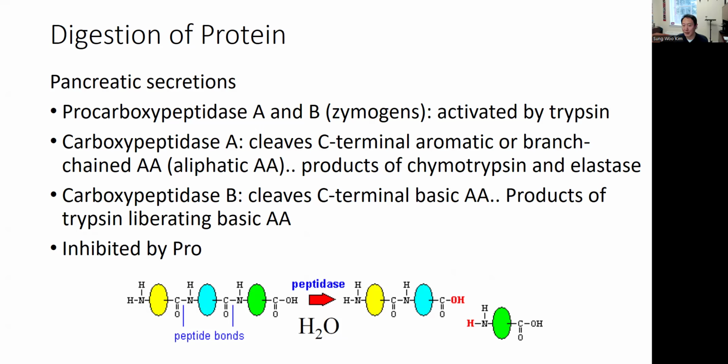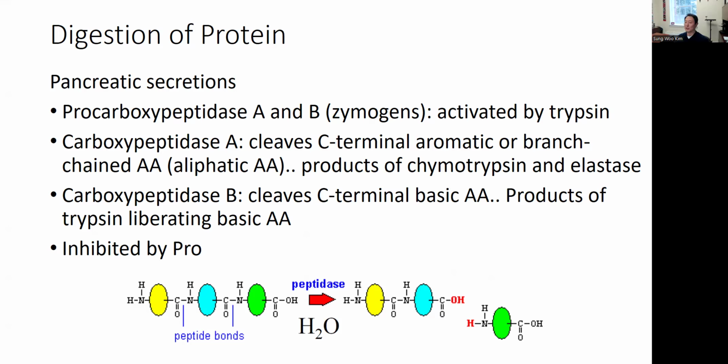The function of carboxypeptidase A is cleaving the peptide bond at the carboxyl end of aromatic amino acid and aliphatic amino acid. So that means,